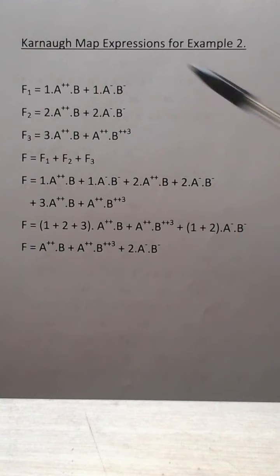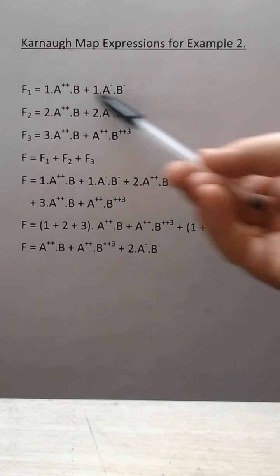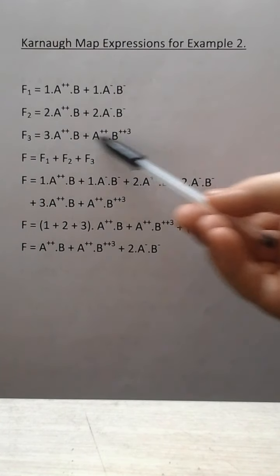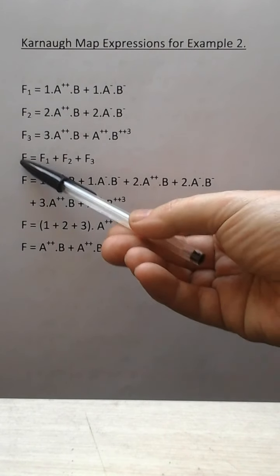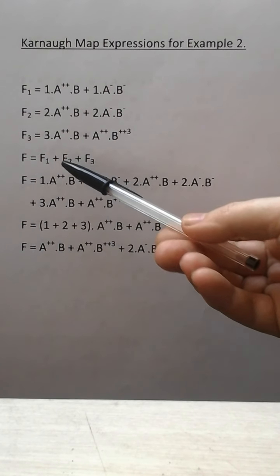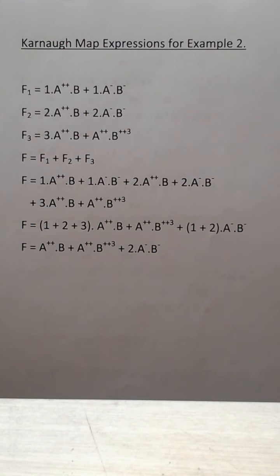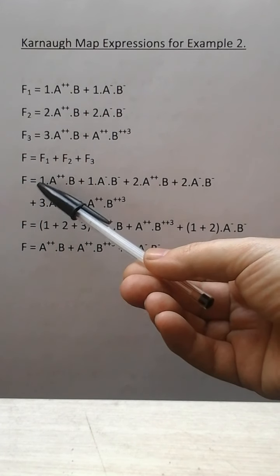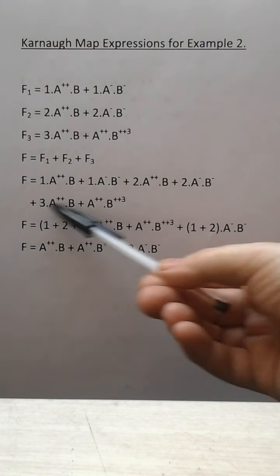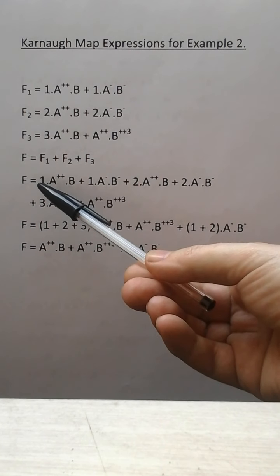So here we have the Karnaugh map expressions for example 2. This is F1, this is F2, this is F3. And as before, F equals F1 plus F max F2 max F3. So F1 is here, F2 is here, and F3 is here. So factorised